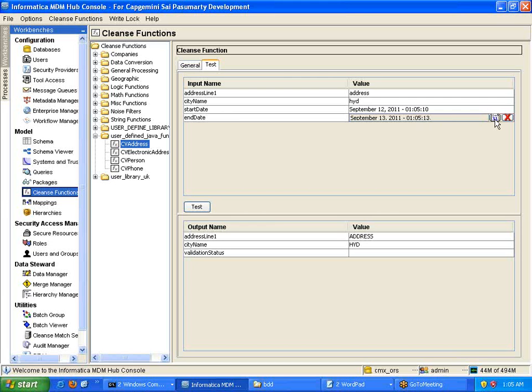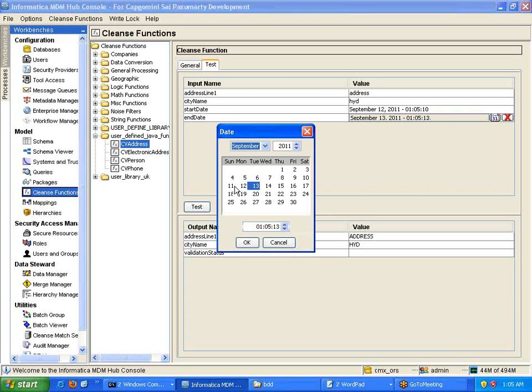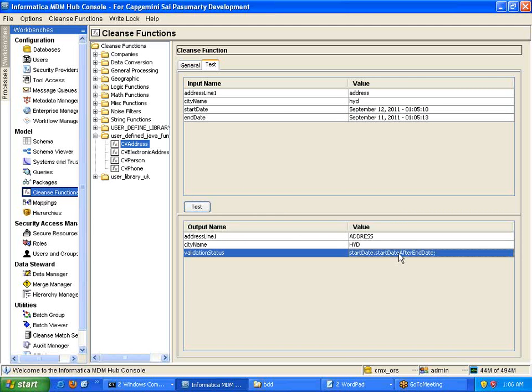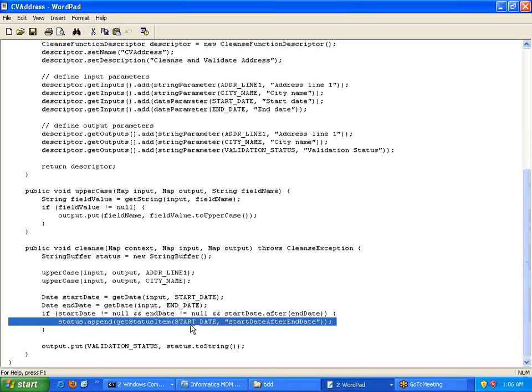In case you want to get into the invalid case, let us say the end date is less than the start date, which means 11th is less than 12th, September. If you test it now, you will get an error message saying that start date is after end date, which means this block is going to get executed. So start date is this. Where do you see that?